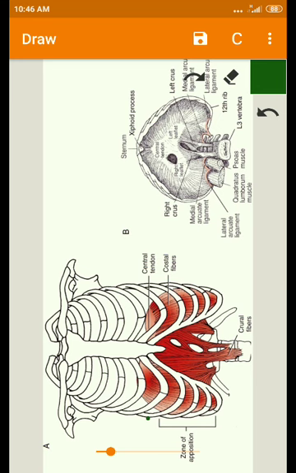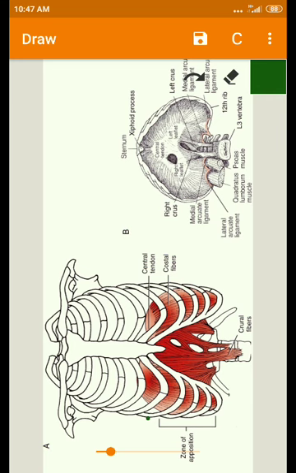Now, the lateral leaflets of the central tendon form the domes of the right and left hemidiaphragms. So these two leaflets form the domes of the right and left hemidiaphragms, hemi meaning half. So the right side forms one half dome and the left side forms another half dome. This is about the first component of the diaphragm, the central tendon.